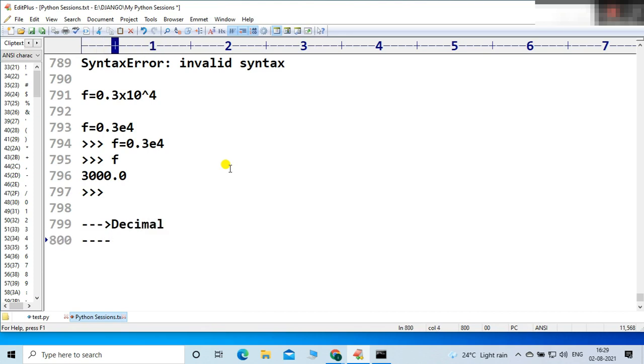Second point, no other bases, means binary, octal, and hex, are at all considered. Third point is exponential form is also allowed.